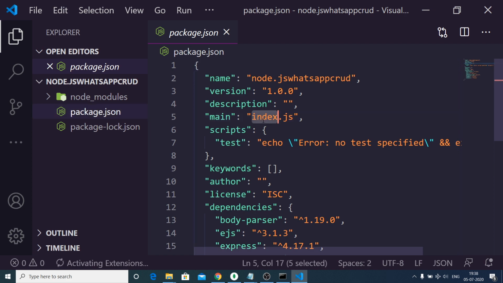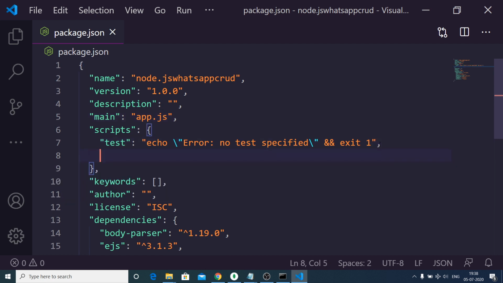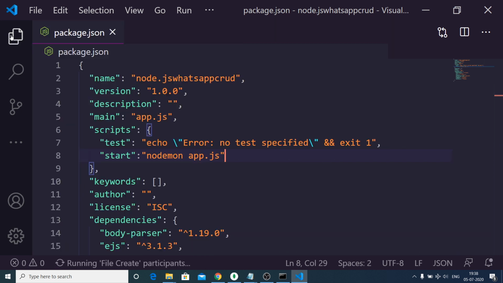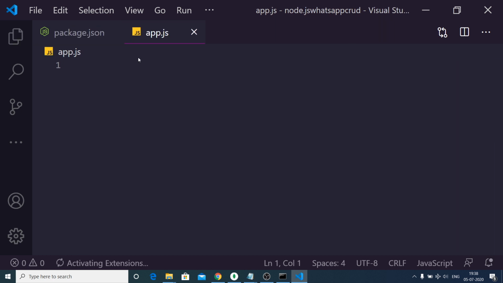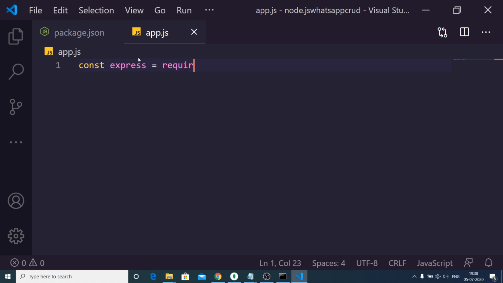First of all, you need to change this index.js to app.js, and then we will add a start script to our application. So start, and the value will be simply nodemon app.js. Now basically guys, we will make app.js the starting point of our application. In this, first of all, we will import express. So const express, we need to require it,